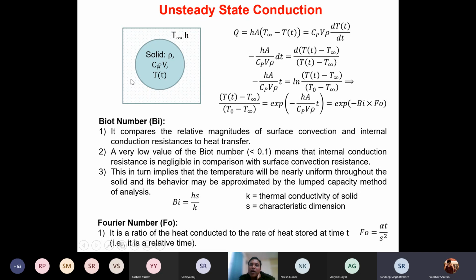So while applying this particular analysis, you first need to calculate the Biot number. If that Biot number is less than 0.1, then and only then can you go ahead with this. Okay. So what we have done here is